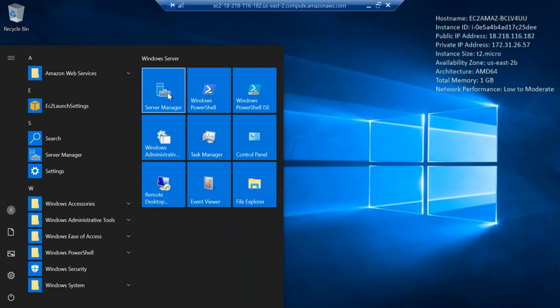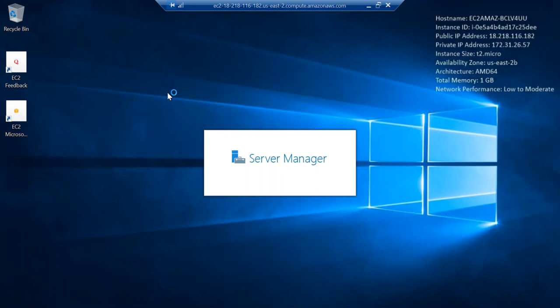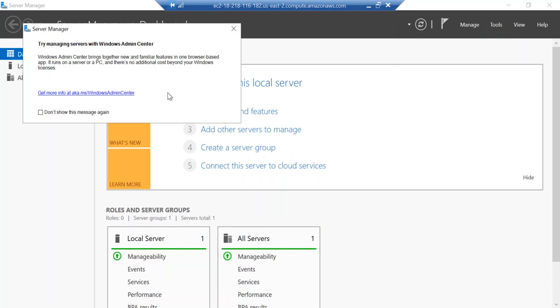I open my server manager. Since it's a brand new machine, it will take some time to load all these options. Just wait for some time.